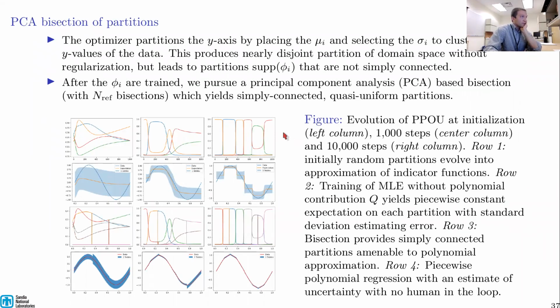What this does for you in practice, if you're just doing a deterministic regression using this, it's interesting how it works. There's a lot happening in these pictures, but the first column is initialization. The second column is after 1,000 steps. The third column is after 10,000 steps. These are our initialized partitions here, and this is the initial fit. So with just these partitions,